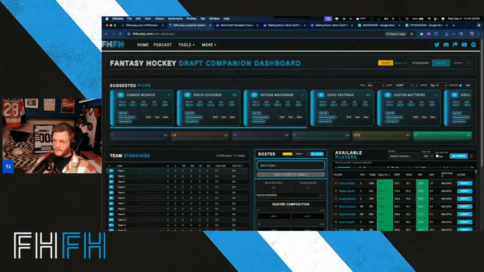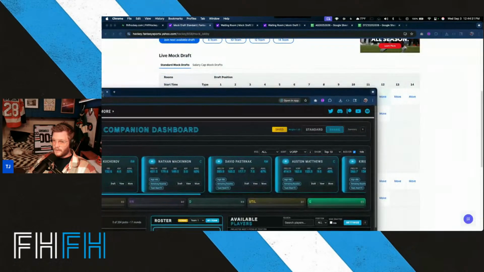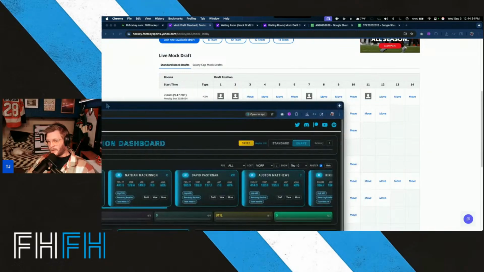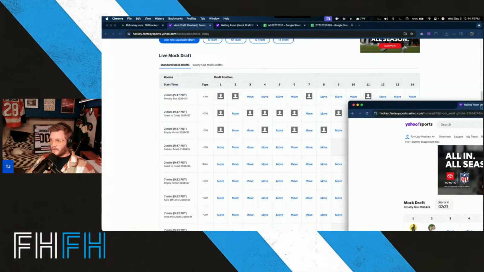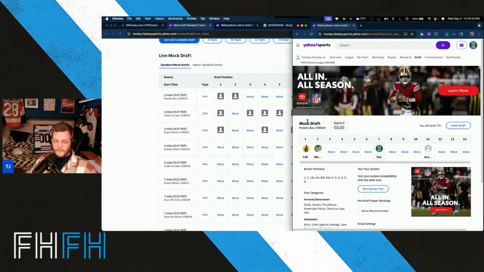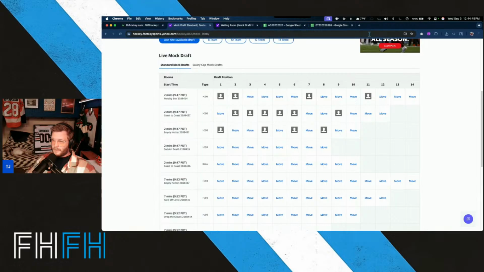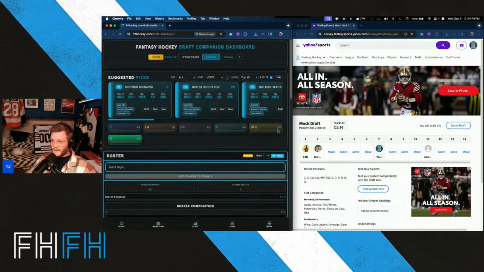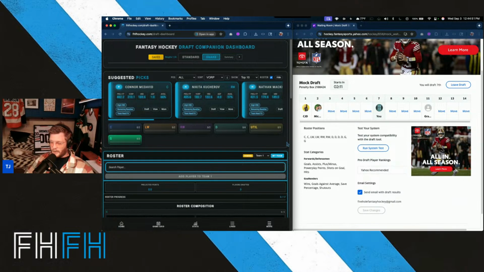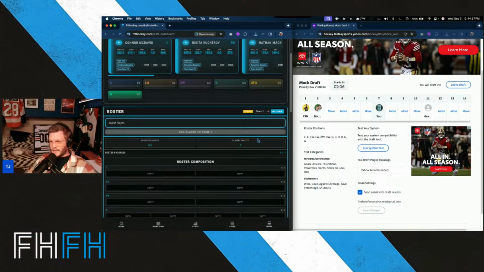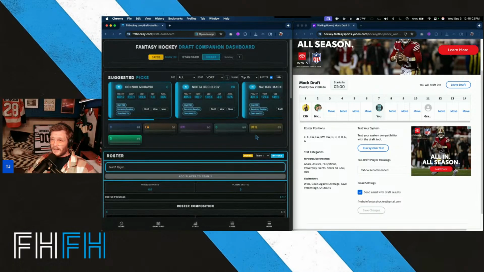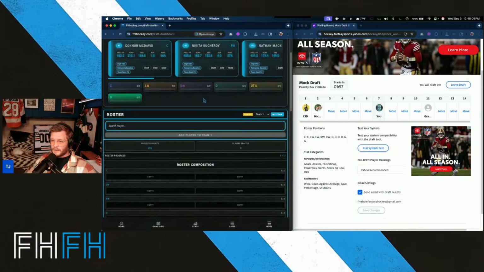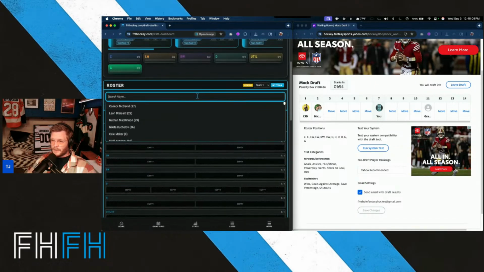So draft dashboard. This is where things will get a little funky because I haven't tested this out with being half screen as far as what it's going to look like. All right, so this is what you're pretty much going to be running. I have 2 screens, but right now it doesn't allow me to do 2 screens. I don't like the way this is set up in a half screen setting. So I'll be able to change this too, because, well, I guess you could do it from the roster thing, but I just wish the